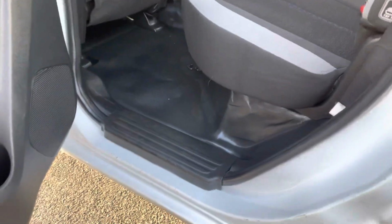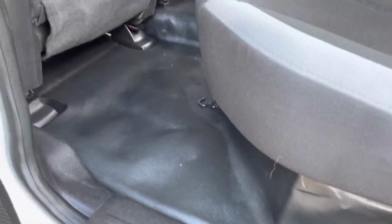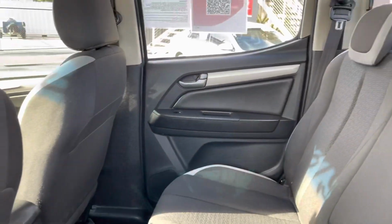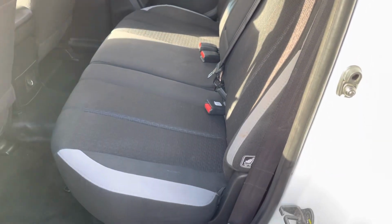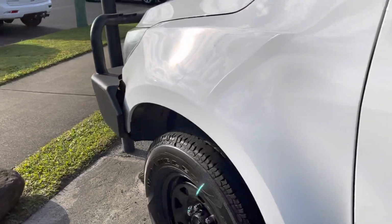Down on that kick panel, there's a couple of little marks. You're going to get that in your pre-owned vehicle. Up onto the back seat, just make sure there's no wear and tear on those seats at all. So with 56,000 Ks, it's actually pretty good and tidy. Fantastic. Before I go any further to the back, I'm just going to give you a look at the wheels